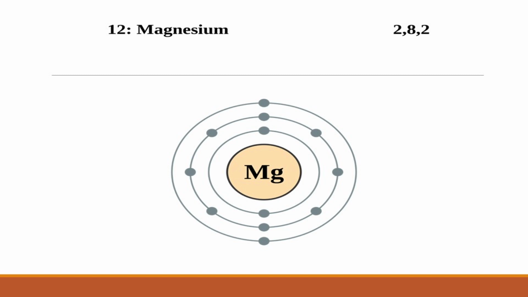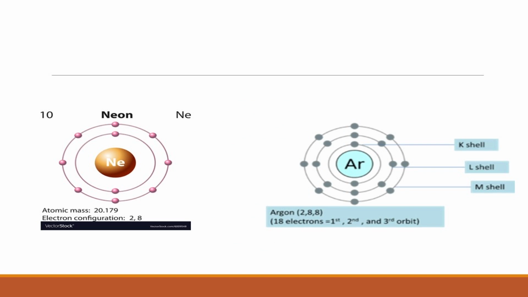So let us recall once again. The valency of alkali metals is 1, and for the second group the valency is 2, and for the third group, that is transition elements, the valency is 3, and so on. These are the basic things we should know. Children, except group 0 or group 18, all the elements present in each group have the same number of electrons in their valence shell, and so they have the same valency.